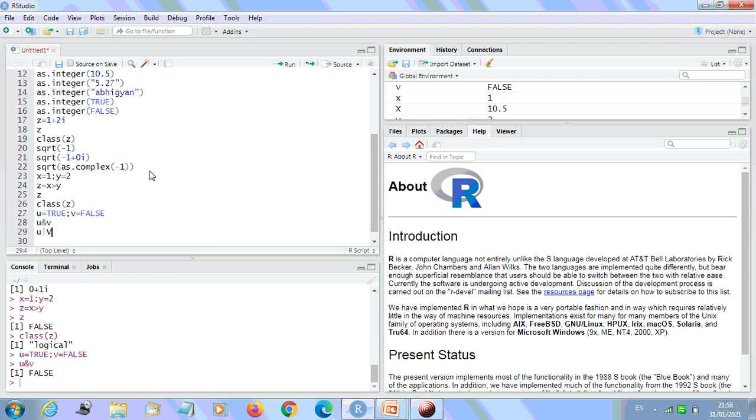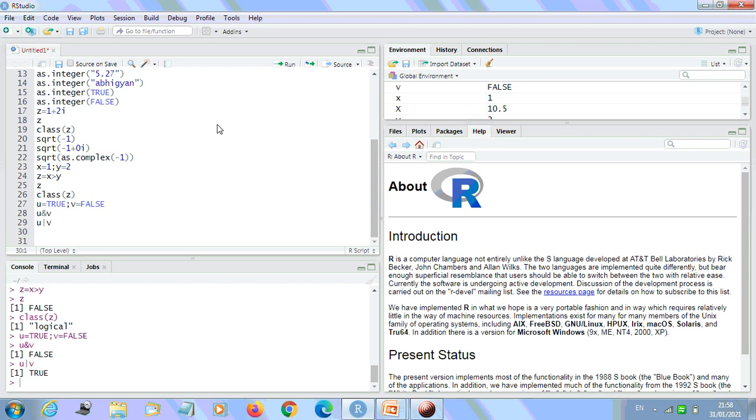Any clue? It is not capital V, small v is there. See, we have TRUE, the OR operation. And what are we going to get if we do the NOT operation, that is negation? Negation of u, what are we going to get?